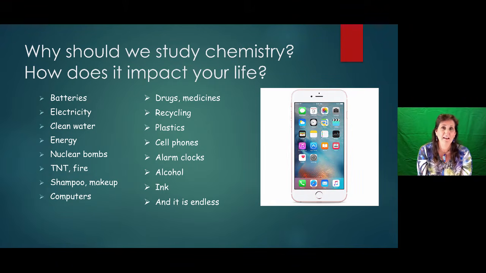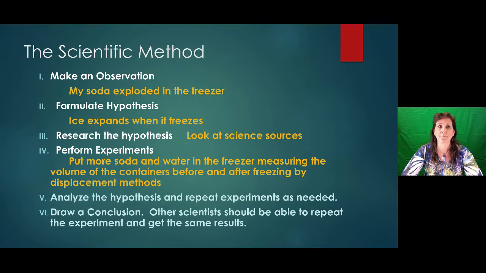Plastics, we make a lot of things out of plastics, which are actually bad for our environment, but that's a branch of chemistry in itself. Alarm clocks, our cell phones, everything's made of chemicals, so it really impacts our life all the time. Alcohol, the study of how to ferment grapes to make our wine, is fascinating chemistry. Ink, the process of finding a good ink to dry on paper quickly and not smearing, that's a lot of chemists working on ink. And those are just the first things that popped into my mind. It goes on and on and on.